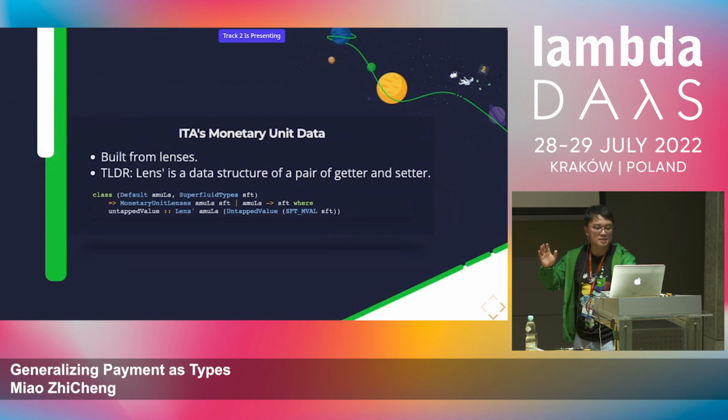built from lenses. Okay, that's scary. We'll show why it was like that. But a lens is just a structure of getter and setter, right? So by having this abstraction, it will allow me to reuse this function again later, right? So in terms of, if I want to send money from A to B,